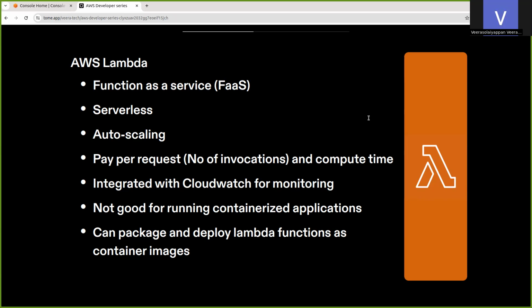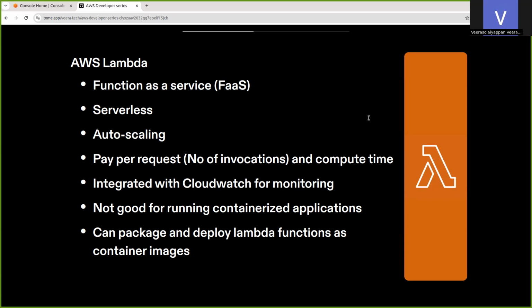And then it has inbuilt integration with CloudWatch for monitoring the Lambda. There are some disadvantages also. It's not suitable for deploying and running containerized applications, like Docker image kind of applications. You just write your code, or you can upload your code as a zip file in the Lambda service.